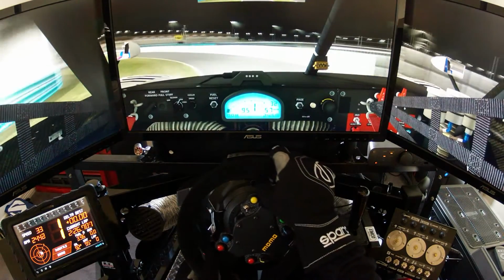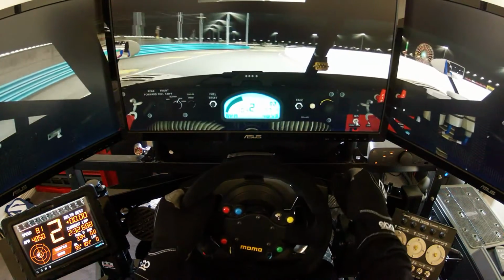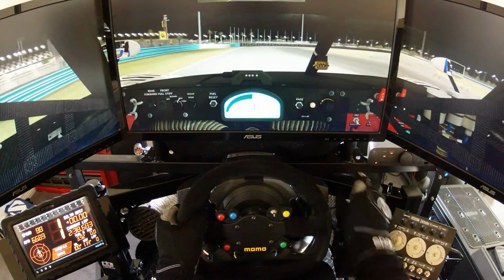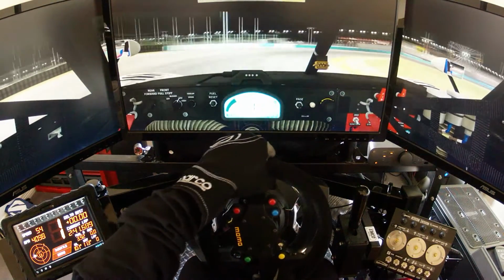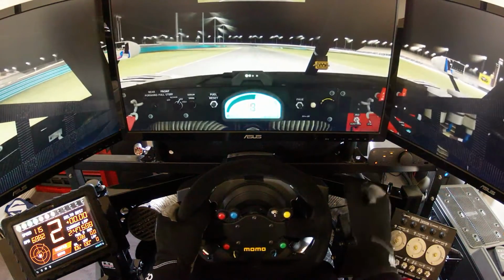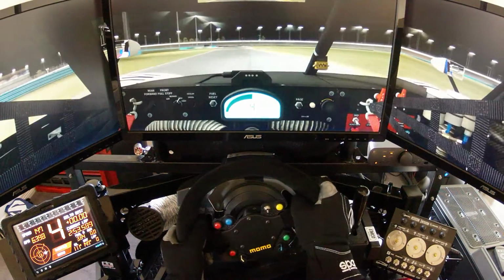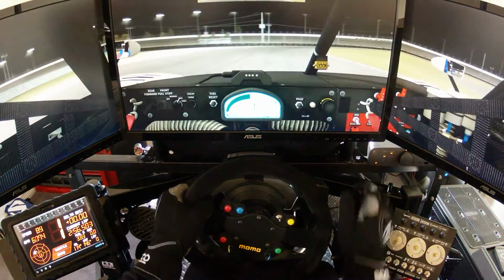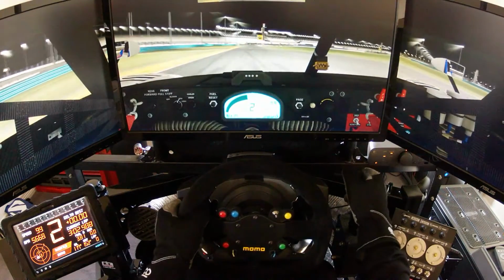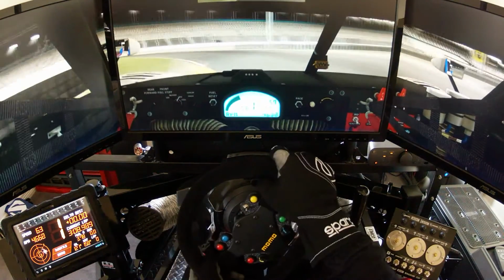Leaving pit lane here, real tight. Entering the track. Here we go. Here's the 180 horseshoe. Turn here. First gear, second, third, right down to first. Now, as we enter the NASCAR banking,